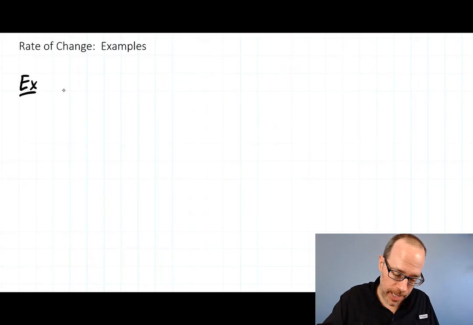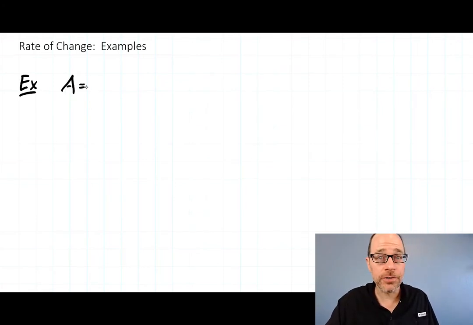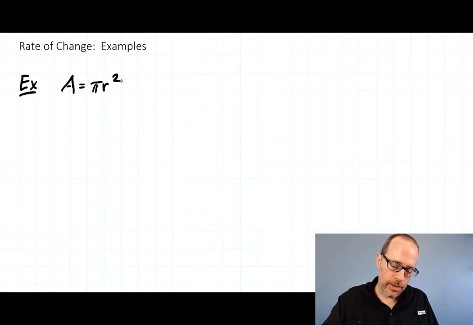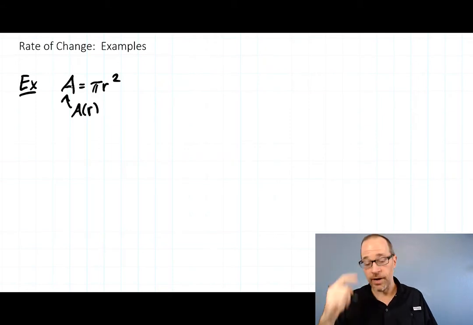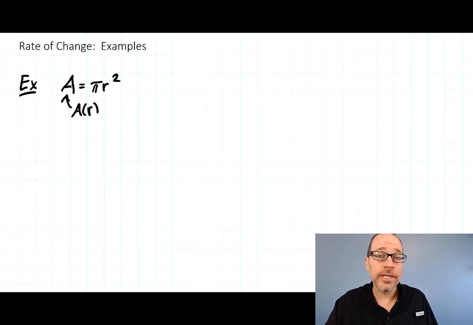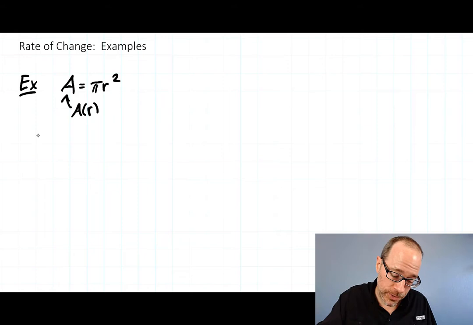Suppose our function A is the area of a circle of radius r, so pi r squared. Often people just write A, but secretly they really mean A of r. Okay, it's a function of r. And you can ask, what is the rate of change or the average rate of change of this function? So let's do the average one. So the average rate of change